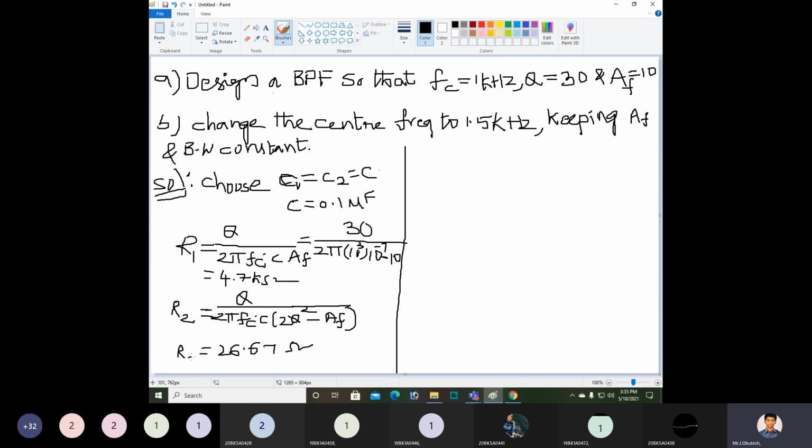You need to do the simplified solution for R2. So I am getting 26.67 ohm or 0.026 kilo ohm. Then next, you need to find out R3. R3 is equal to